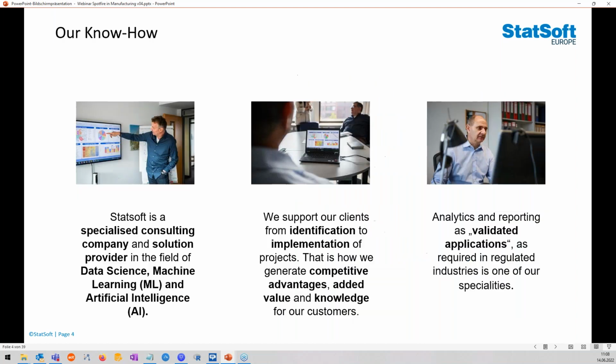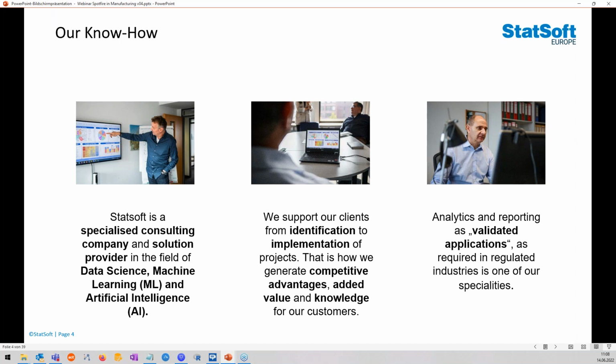So what is it specifically what we are doing as a company? It's a lot of text here, but in short, we are a solution provider company, especially in the field of data science and all the specific branches like machine learning, for example. We help our clients with the projects from beginning to end, from, let's say, identification of projects to the implementation and the maintenance, for example, of our solutions.